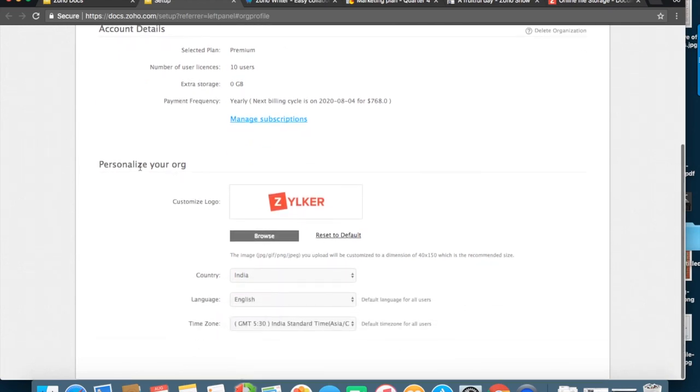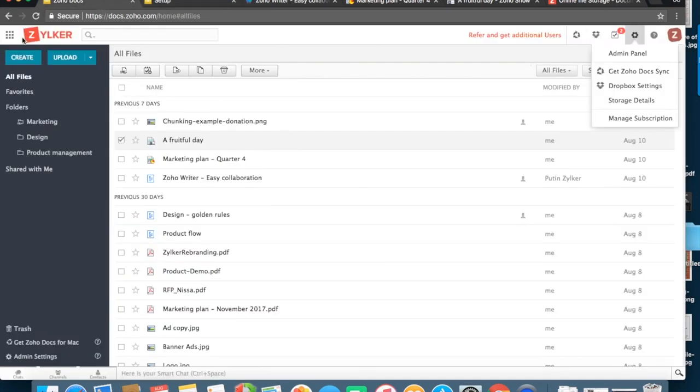You can also personalize your Zoho Docs account, and now you can add a customized logo for your account. So instead of seeing the Zoho Docs logo every time you log into your Zoho Docs account, you will see your company's logo like this over here.